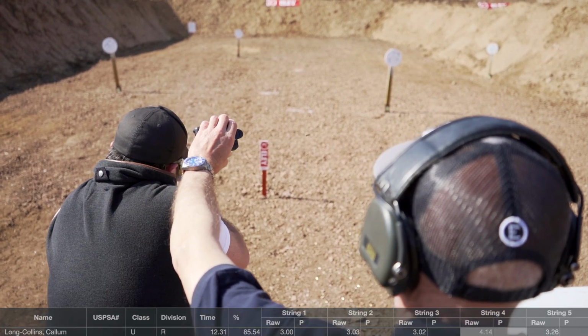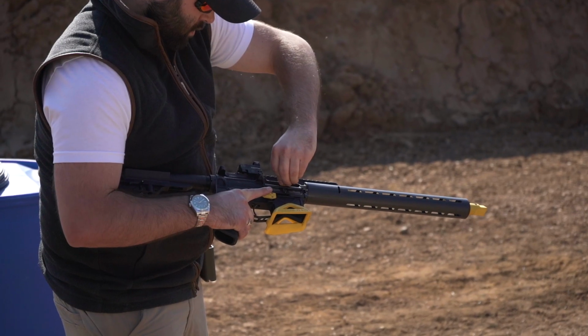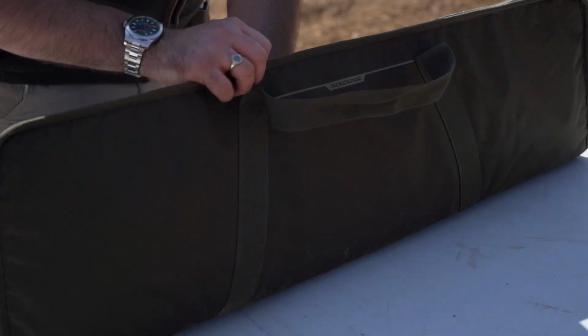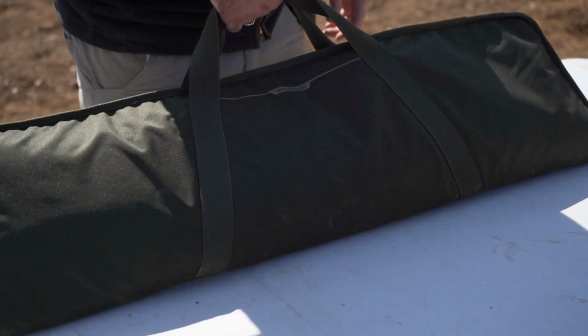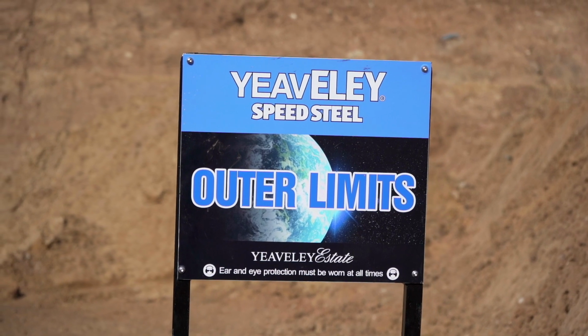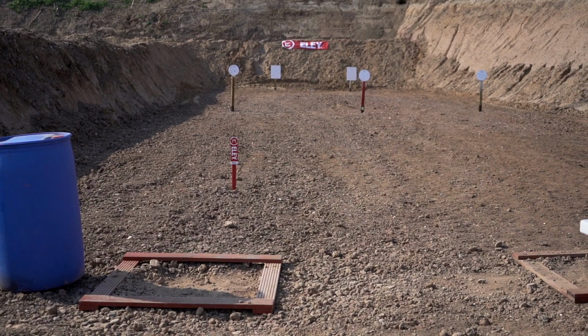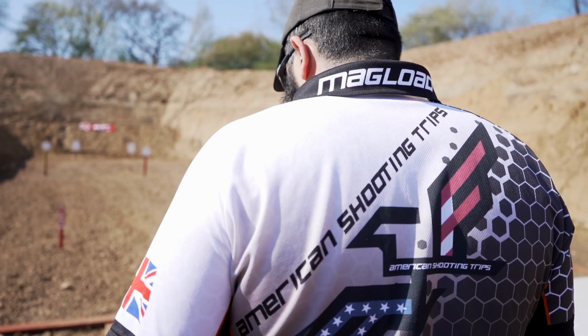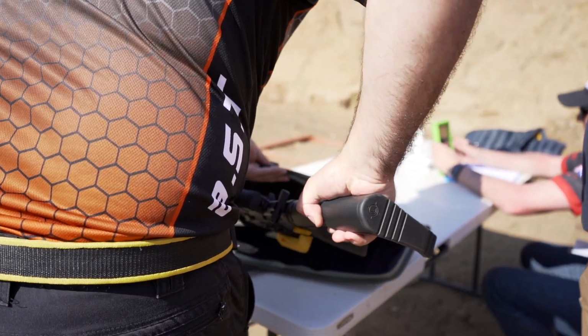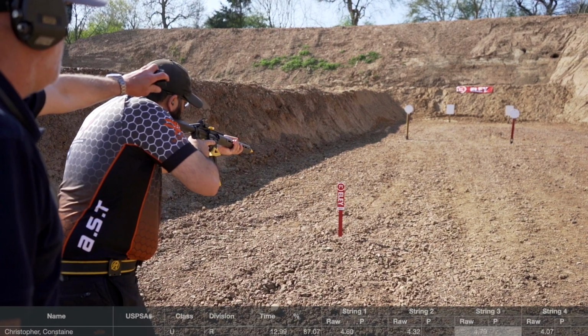We're going to be moving on to what is my favourite stage of all of the speed steels, outer limits, and this is purely because there is movement. I really like movement in competitions, and there's very little, if not any, apart from outer limits within a speed steel comp. It's later in the day, let's see how fresh we are on our legs, but Connor's on this